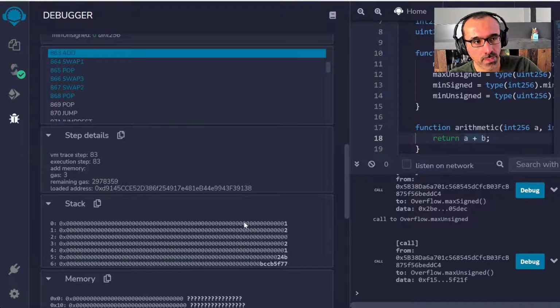In the x64 world, when an arithmetic instruction such as add is executed, it will be looking at RAX and RBX to get the operands. But in EVM, we are looking at the values on top of the stack. So add is an instruction that will receive two values.